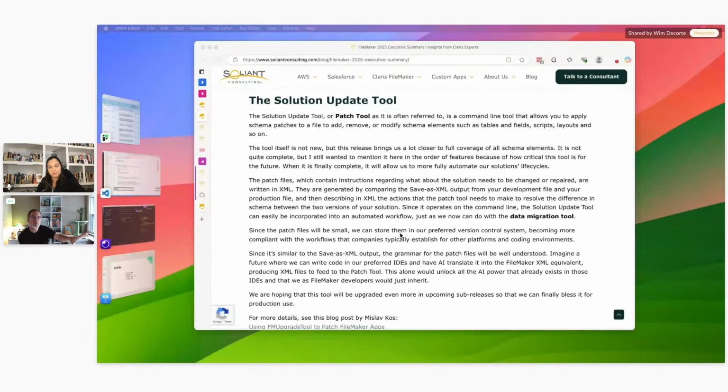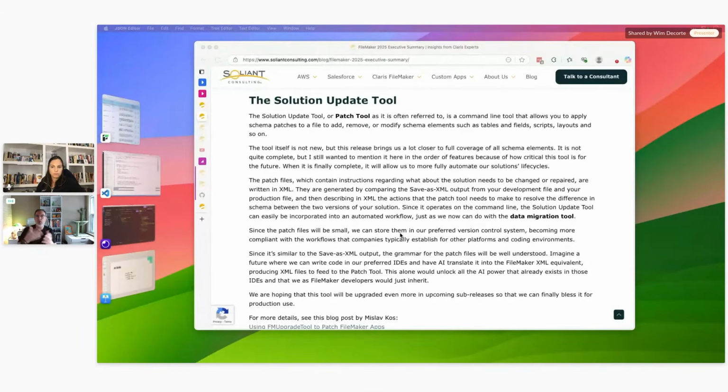Besides AI, the solution upgrade tool is something, it's not new, right? So this is not new to FileMaker 22. What's new in FileMaker 22 is that we're getting extremely close to getting this finished. In a nutshell, what this tool allows us to do is we give it a well-formatted bit of XML. We point it at the FileMaker file and say, I want to add these 2 scripts, modify that other script, add a layout, modify those 2 other layouts, and by the way, delete those 3 fields that I no longer need. That's what's going to be in the XML. We give it to the solution upgrade tool, and it'll make those changes inside our FileMaker solution. This is huge, and it's huge for a number of reasons.